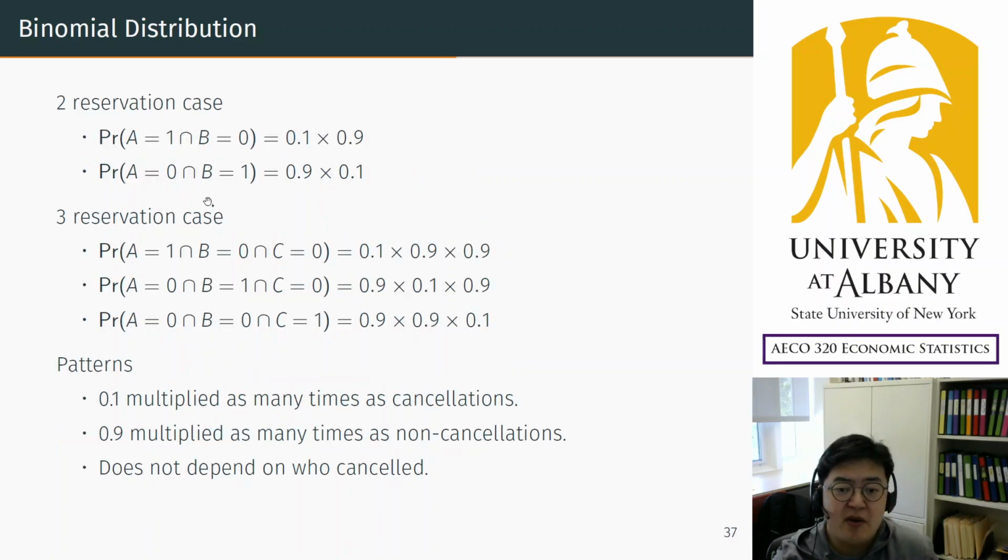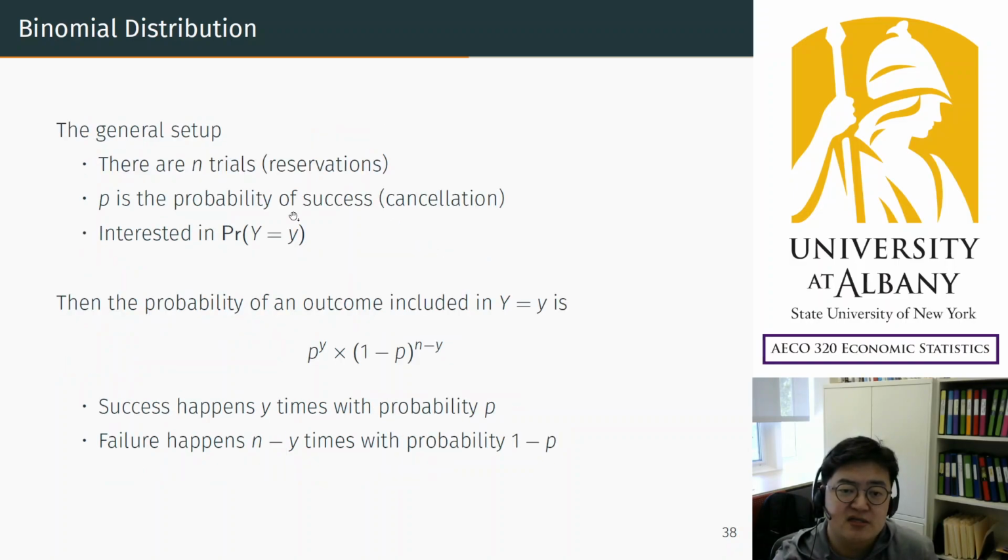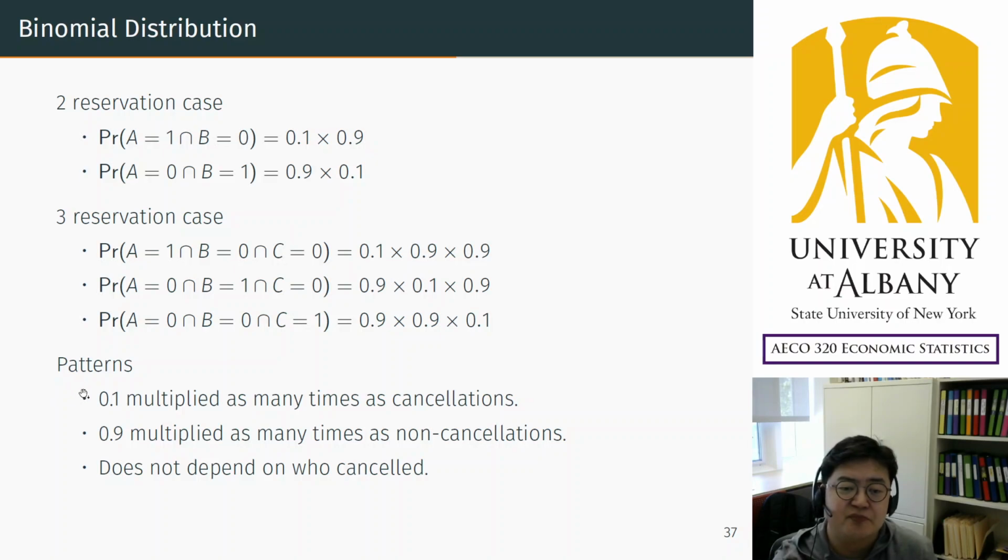So remember, we calculated the probability using the special multiplication rule using the independence assumption. Okay? So then the pattern is clear. The pattern is simple. We are going to multiply 0.1, 10%, as many times as there are cancellations. So we multiply 10% if canceled and multiply 90% if not canceled. Okay? So here,